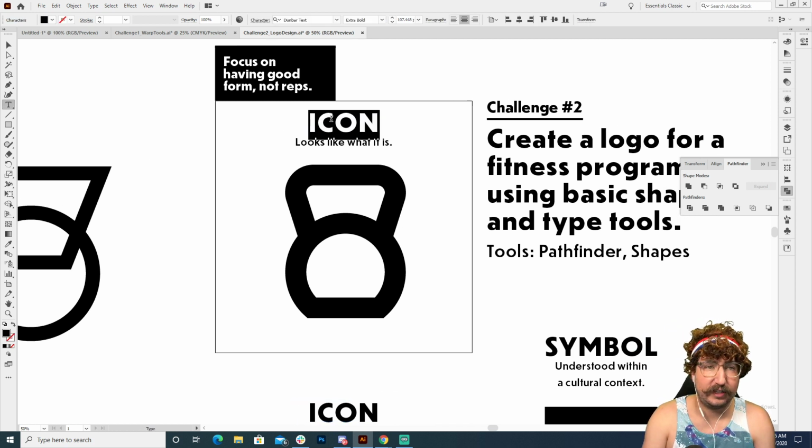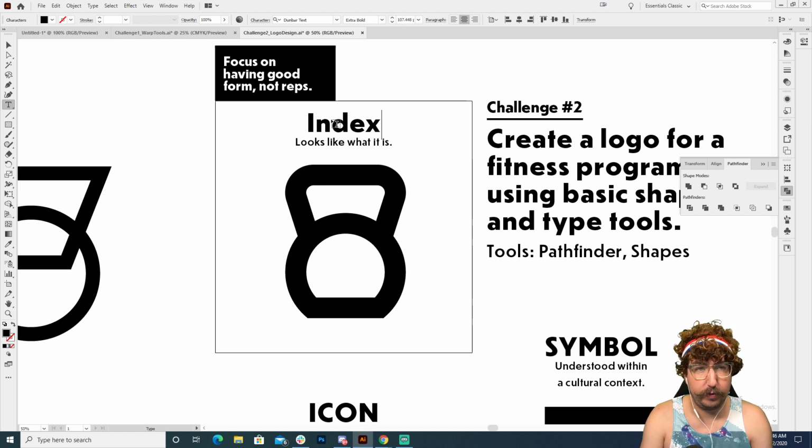All right, the last one that we're going to look at is an index, and then we'll move into putting some type on this. So an index gives information or instruction. So maybe,